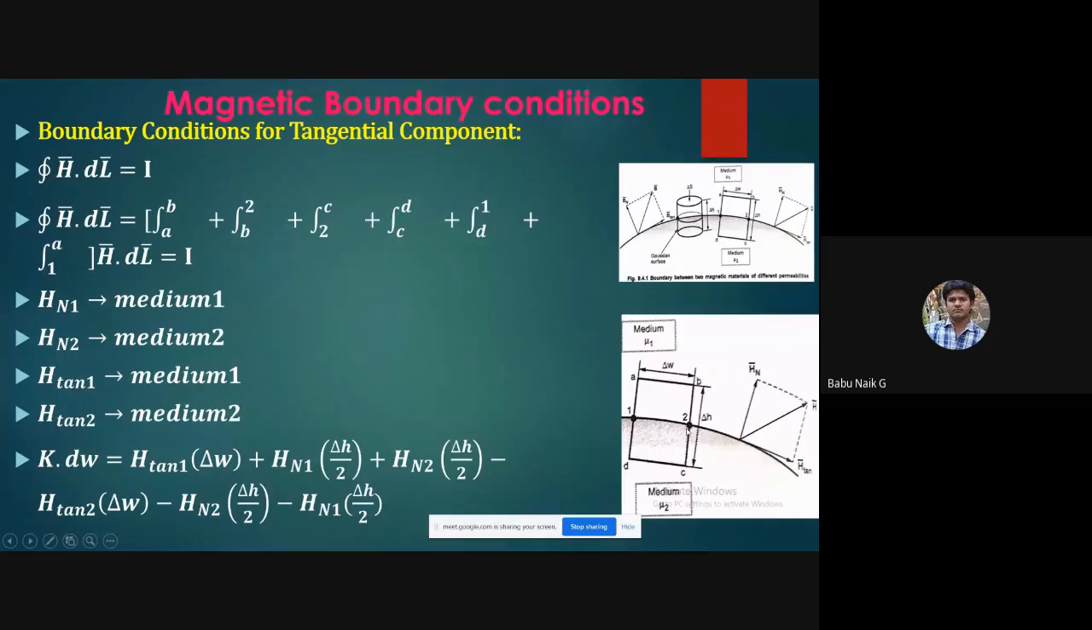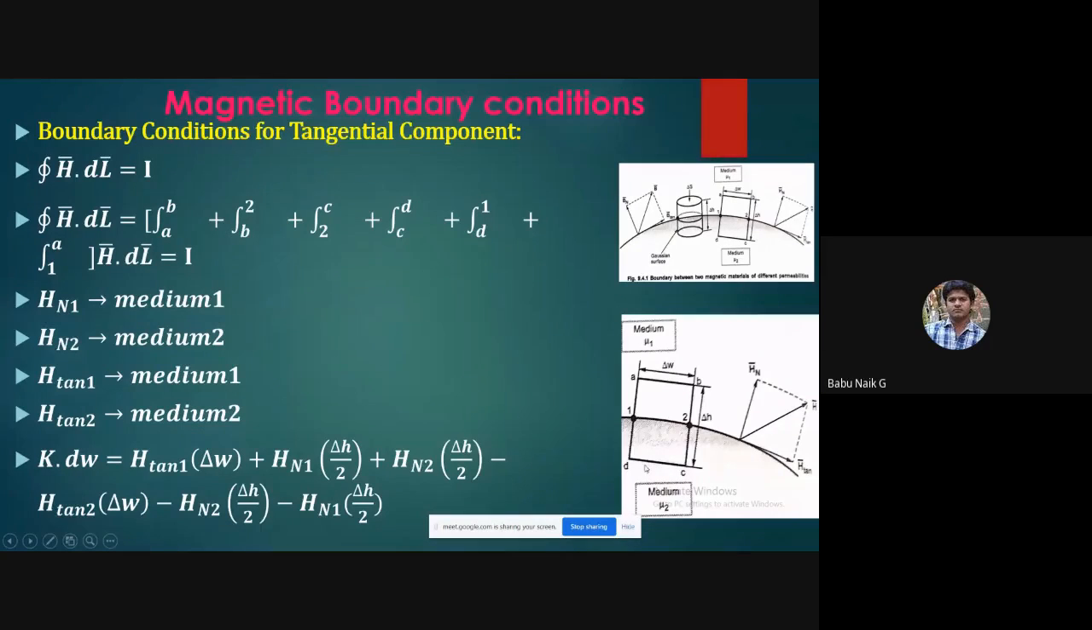Now the third element, 2 to C, is also normal to the boundary, which has Hn2, and half of it is placed in medium 2, so it is Hn2 delta H by 2. And then minus. How did we get the minus here? For C to D, A to B is in this direction and C to D is in this direction, which is nothing but opposite to A to B. So you write it as minus,